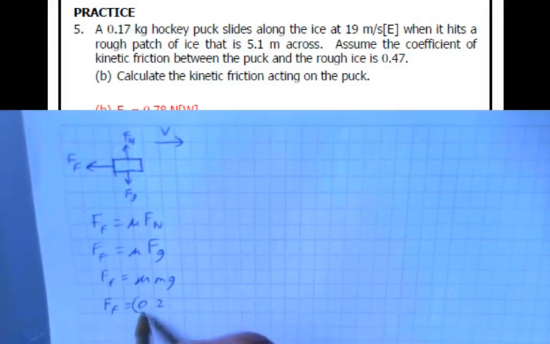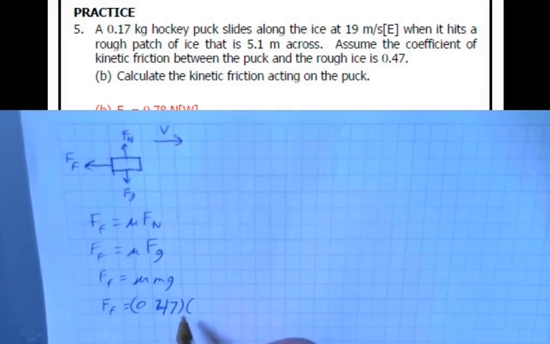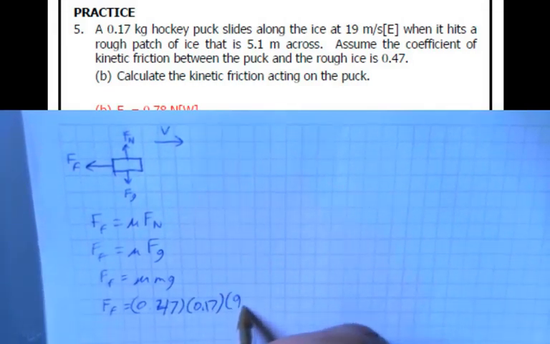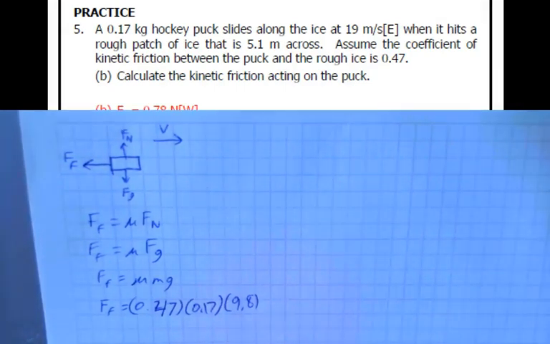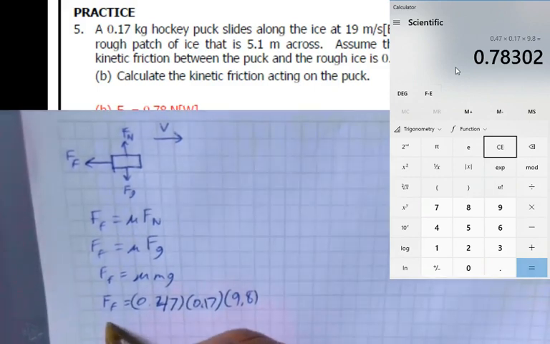So we have 0.47, not 27. m is 0.17. g is 9.8. So we end up with 0.47 times 0.17 times 9.8. Our force of friction